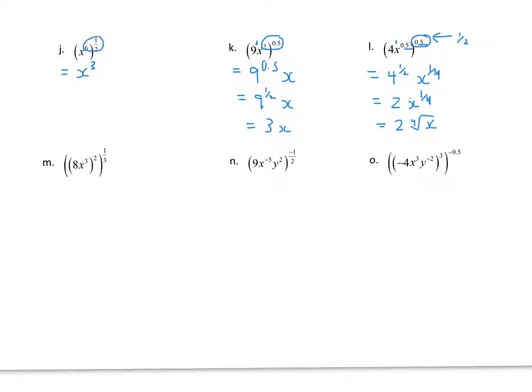All right, let's see what we've got here for part M. Okay, I see a power of a power and another exponent in there. So this is a power of a power, 2 times 1/3. So 2 times 1/3 would be 2/3. So I get an 8x cubed, and that's going to be to the exponent of 2/3. So that 8 gets the exponent of 2/3, and the x cubed also gets to multiply the 2/3,